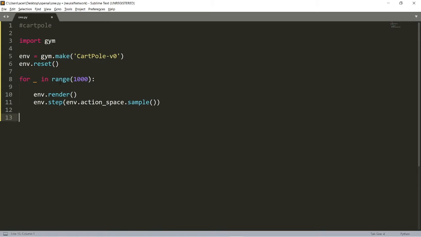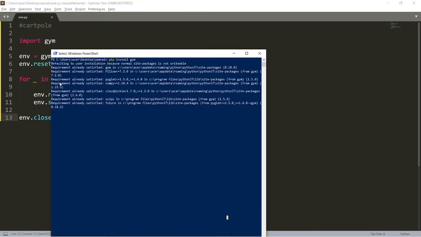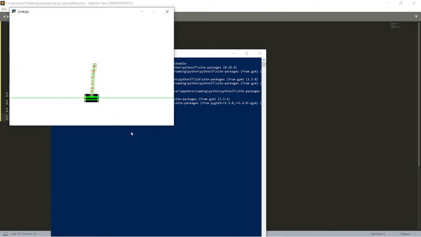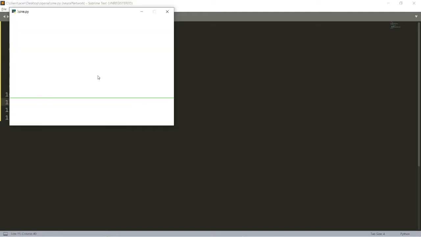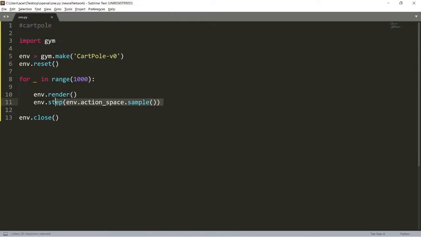And yeah, this is basically the code that you will see in any site, Medium or any site available. We will see this as a sample code there. And if I run it, let me just go search Python 1.py. It will show you something like this. So what's happening? You are running a render function and the step function. Render function shows you this environment, and step function will move the cart pole based on